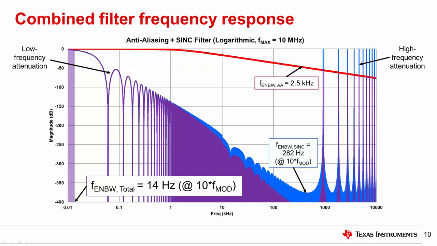Another key takeaway from this plot is that the combined filter's effective noise bandwidth is very close to the sinc filter's 3 dB bandwidth, which is 13 Hz. This suggests that there may be an approximation for system noise bandwidth that will help avoid significant calculations or integration, similar to the approximations derived in the previous presentation. To determine if this is true, let's expand the example to include additional digital filter and anti-aliasing cutoff frequencies.